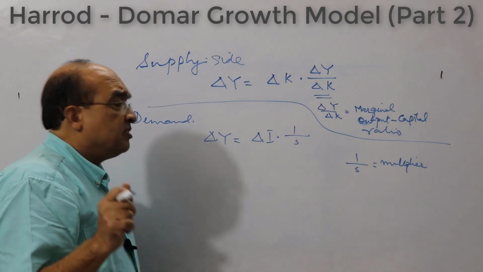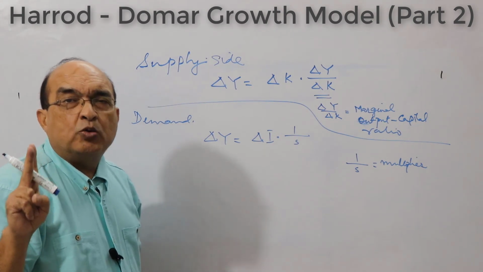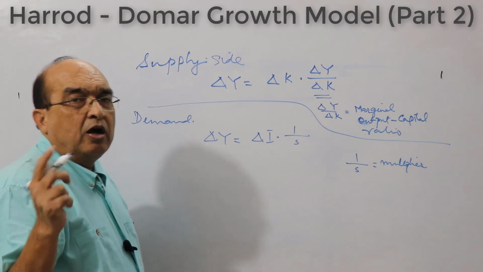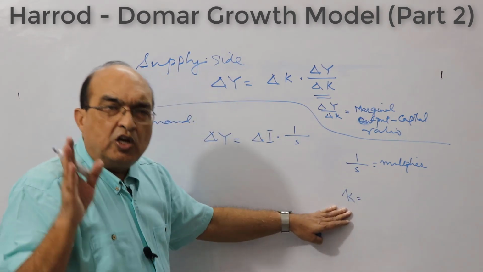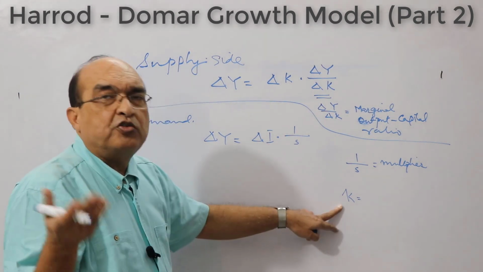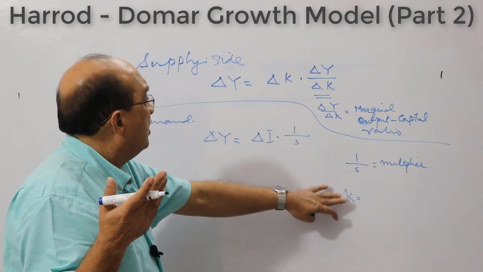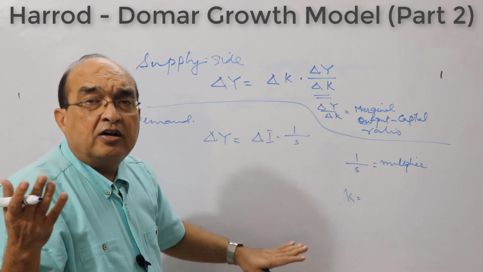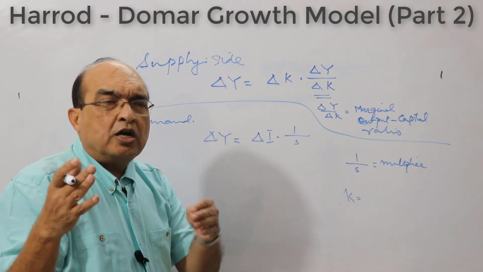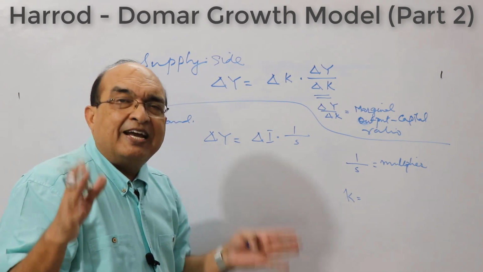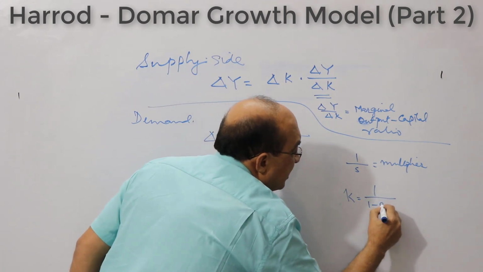Please recall that the value of the multiplier depends on the marginal propensity to consume. That is K, which is normally used in the Keynesian framework to denote the multiplier value. It is different from K, which stands for the capital stock. So don't be confused. I'm just referring to this so that your memory of the multiplier gets refreshed. So K is equal to 1 upon 1 minus MPC.